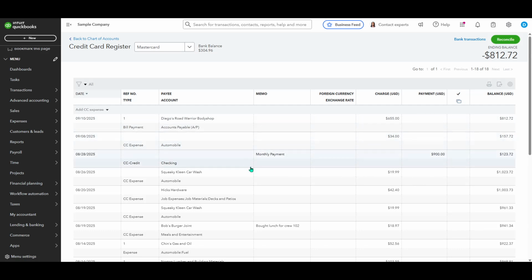And there you have it. By following these straightforward steps, you can efficiently delete duplicate credit card payments in QuickBooks Online, ensuring that your bookkeeping remains precise and error-free. Remember, making a habit of regularly reviewing your accounts can prevent these issues and support a